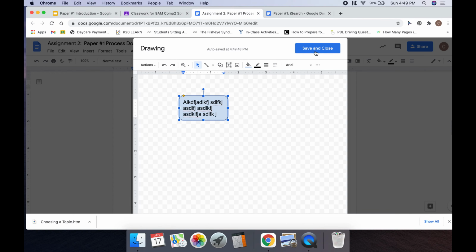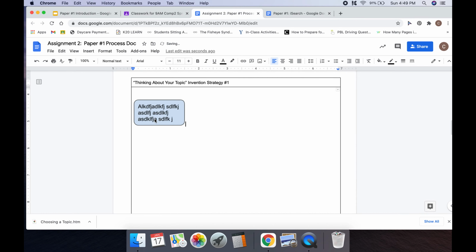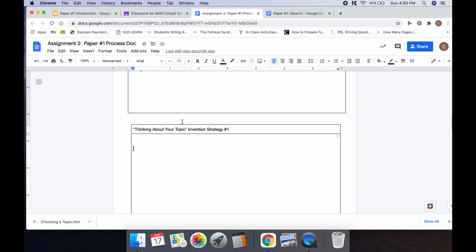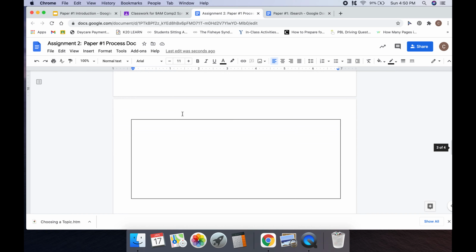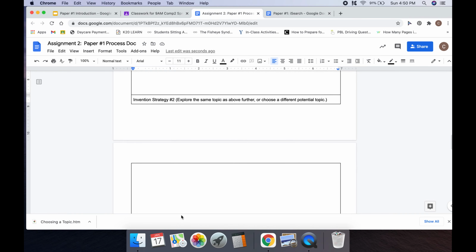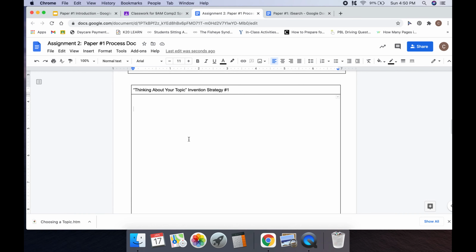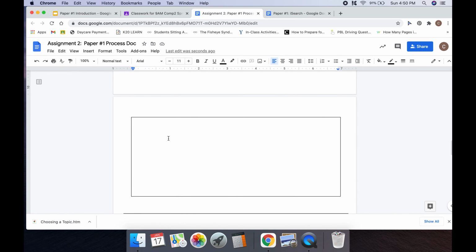Another thing that you can do is sketch on a piece of paper and then take a picture of it and just upload the picture here so that I can see. Sometimes drawing a web or something like that is a little bit easier to do on scratch paper. So as long as you have 2 invention strategies, you can explore the same topic in 2 different ways and going further, or you could choose a potential topic for one and then switch and explore something else further.